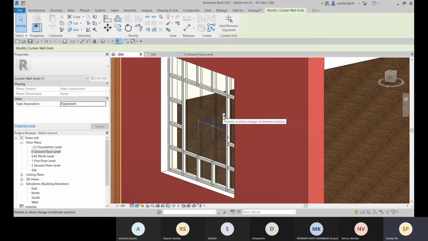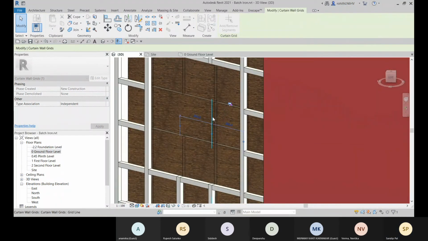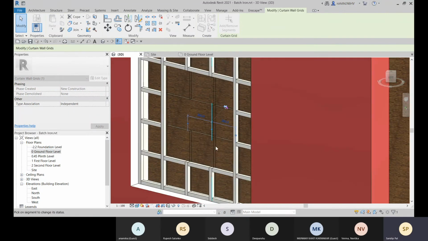In the previous classes, I have mentioned that you need to unpin, and after unpinning it, click on this add or remove. If you want to remove, just click on the existing grid. And if you want to add, you can only add where the grid is not available, so you can click outside of it. Now let me click here, and that is removed. And here also, let me remove it. Here also, let me remove it.